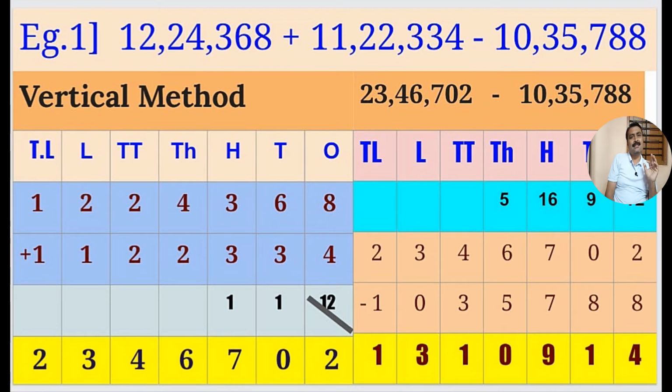Now let's observe this example that is given. Now you are observing this example, that means you are in front of this example. Let's observe which number comes at the left hand first? I think the answer should be 12,24,368. So this is the left side of this example. That's why from the left side, we have given addition first and then subtraction. So as per the rule, here I am taking addition first and then subtraction.